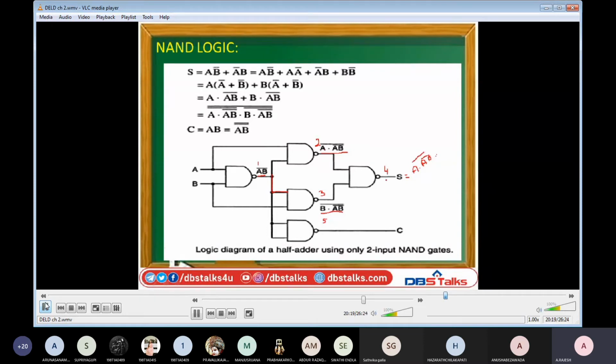I am writing this one into B into AB complement whole complement. See this one, A into AB complement whole complement, into B into AB complement whole complement, which will be equal to A exclusive B, that will be equal to A complement B